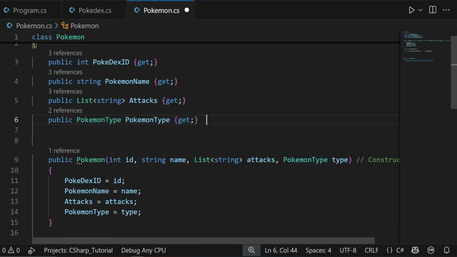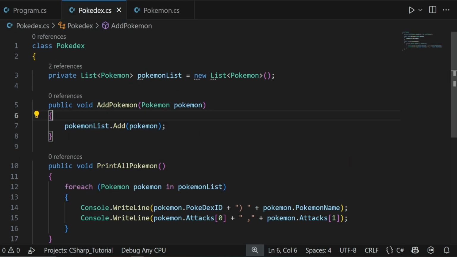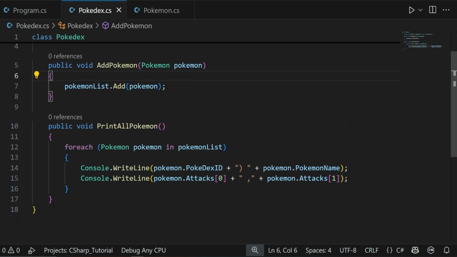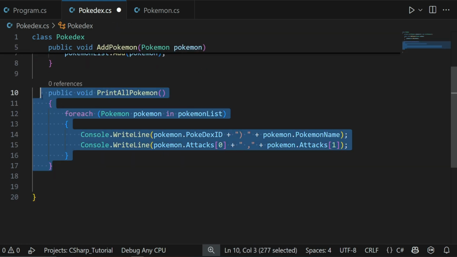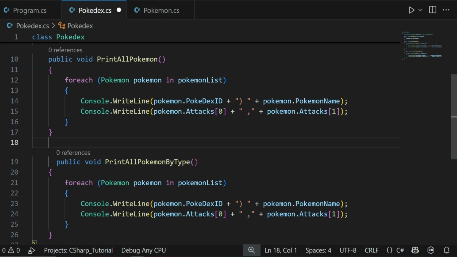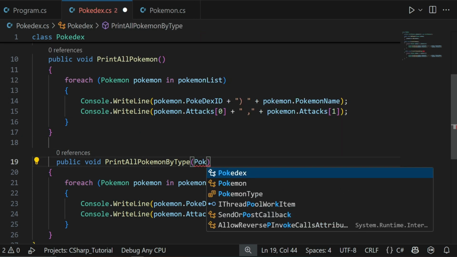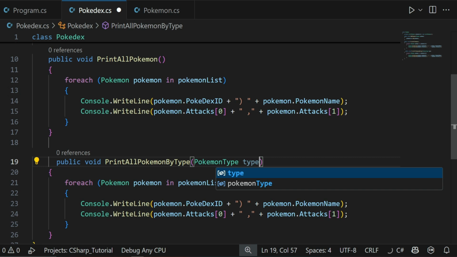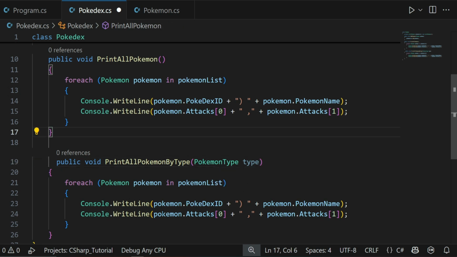We don't need this right now. Now, for example, if we want to get all the Pokemon by the type, we can go to the Pokedex and create this kind of method. We can say, let's copy this entire method and say print all Pokemon by type. Then we're going to provide a Pokemon type, and it will search for all the Pokemon that has this type. So for each Pokemon in Pokemon list,